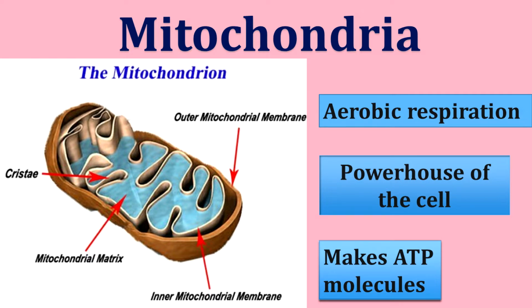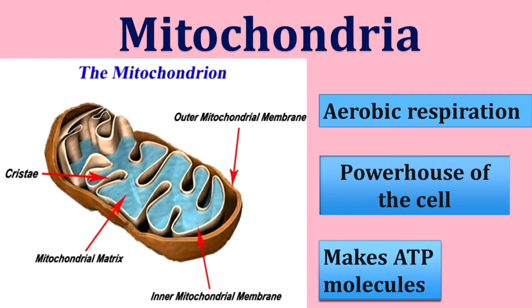Children, do you know in our body some cells are very active and some cells are less active. The cells which are more active have more number of mitochondria. The cells which are less active have less number of mitochondria, because the more active cells need more energy. That's why more number of mitochondria are present. For example, in muscle cells, the mitochondria are more in number when compared to the bone cells. Bone cells have lesser mitochondria.